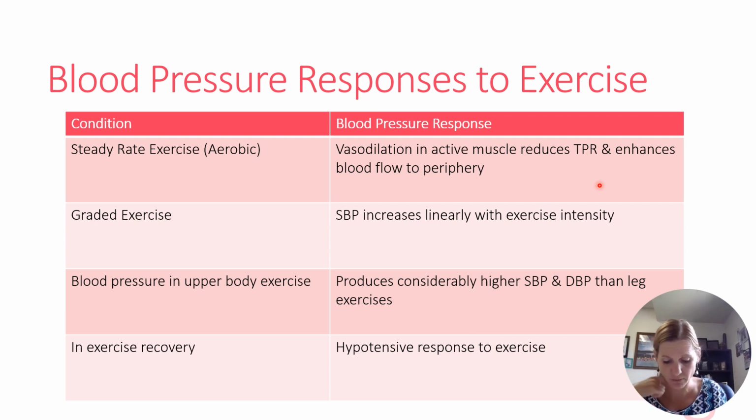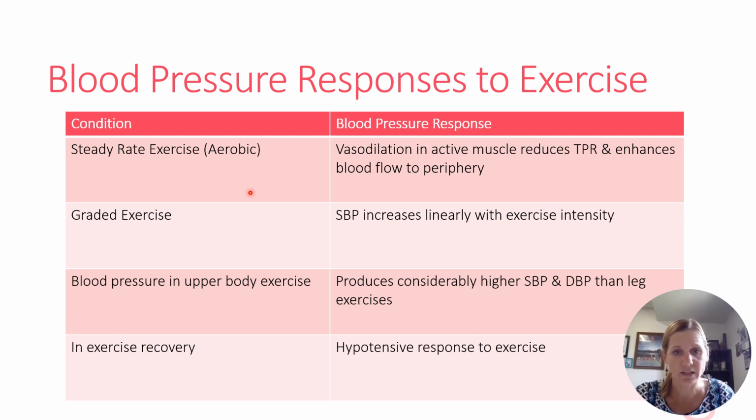As a result, I will see systolic blood pressure increase within the first few minutes and level off at 140 to 160 millimeters of mercury. Diastolic pressure will remain the same or maybe even slightly decrease. So, takeaways, things you need to add to this section about steady state exercise: systolic blood pressure will increase linearly until we reach 140 to 160, and then it'll level off there. And diastolic pressure will remain unchanged.